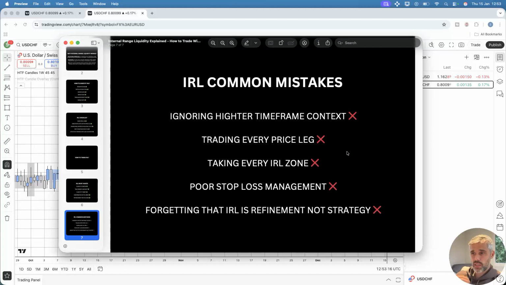Common mistakes are essentially doing the exact opposite: ignoring higher time frame context, trading every single price leg that's created, taking every IRL zone that is created, not understanding IRL and how it's created, so you're placing stop losses that don't make sense, and forgetting that IRL in isolation is not a trading strategy. You don't want to be placing trades simply on the formation of IRL. You want to do it in context alongside higher time frame context or higher time frame bias,